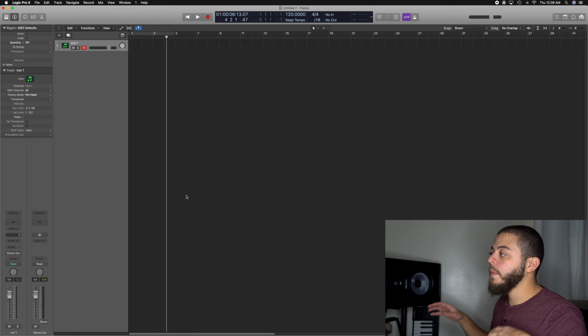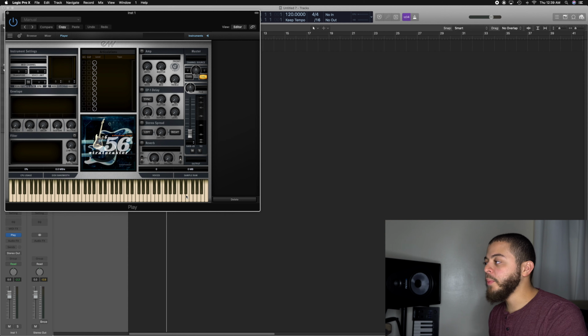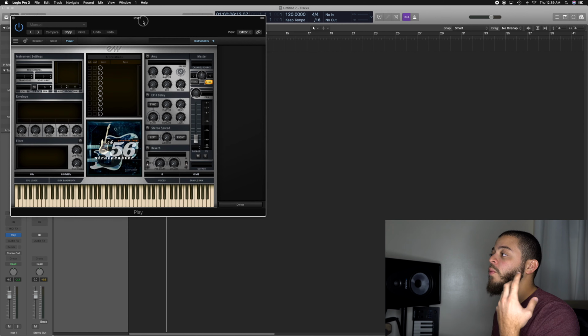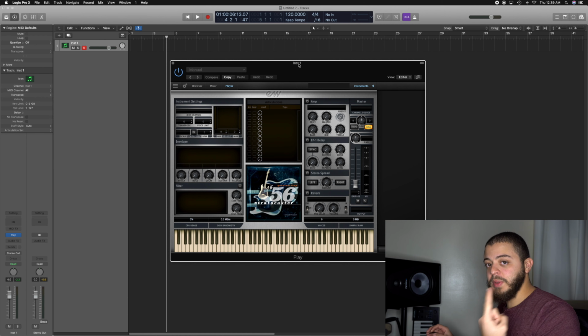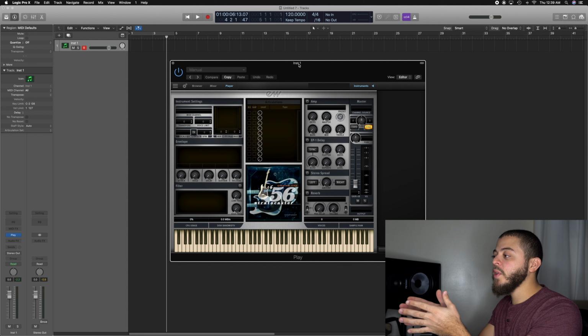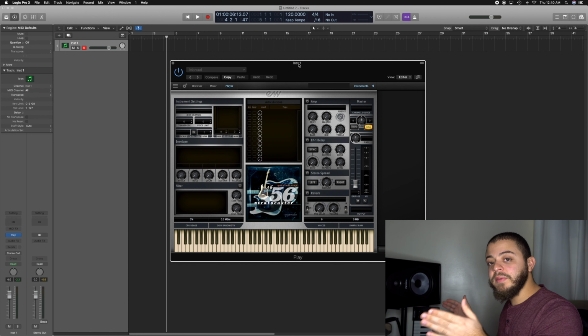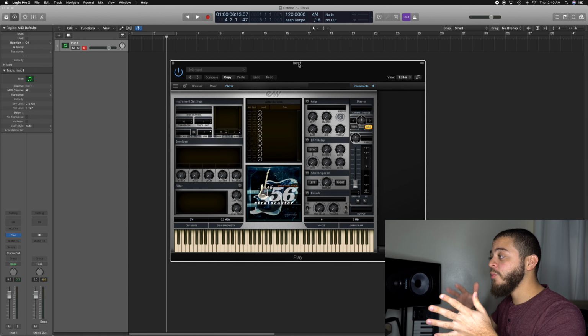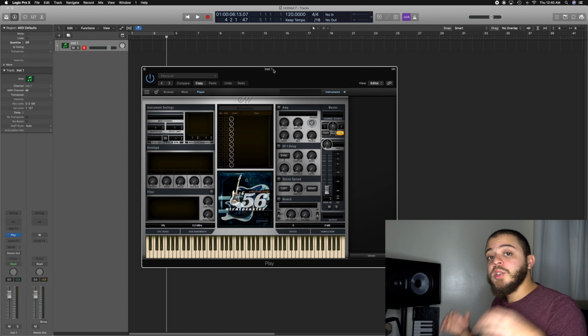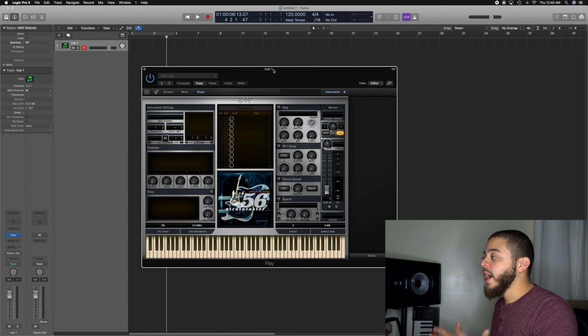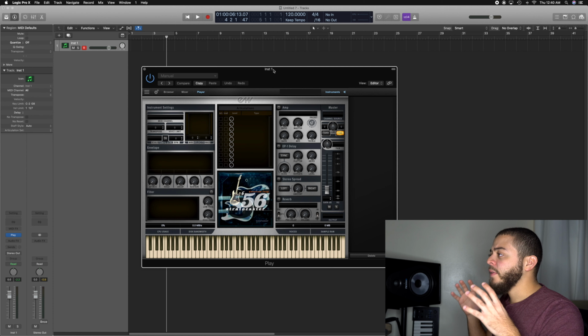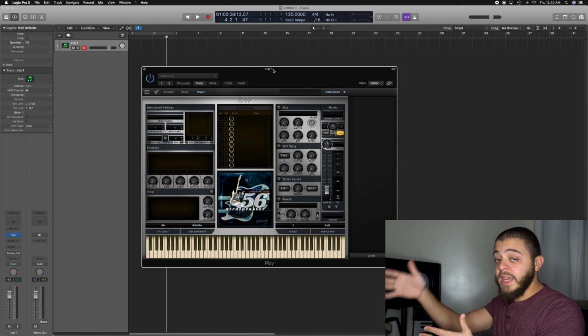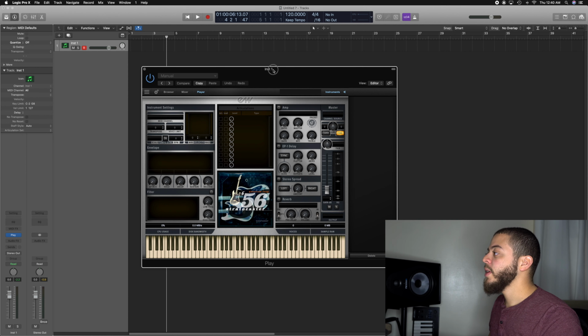So the benefit of using multi-output is you can have, again, 1 instance of the play engine. But now with the multi-output, you saw I could use 9 different instruments and route them to different outputs. So the benefit is you can have 9 different stereo outputs,